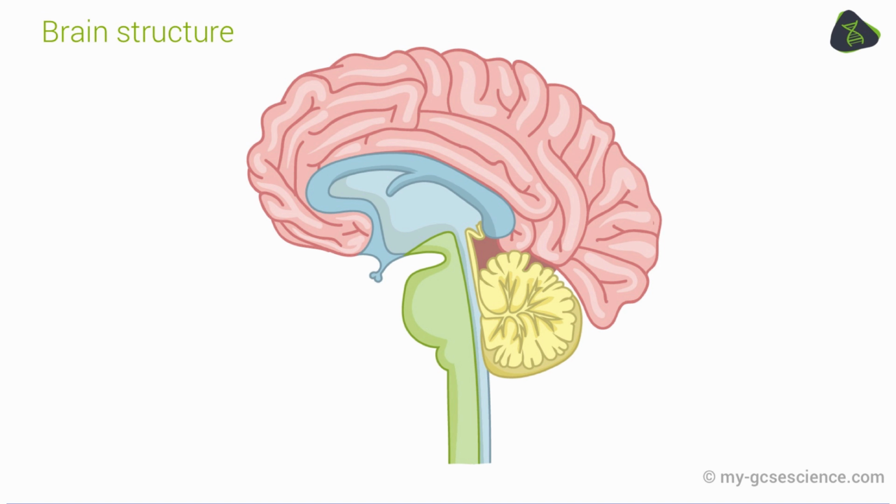Now, along with the spinal cord, the brain is part of the central nervous system and therefore is a coordination centre of the nervous control systems. The brain is encased by your skull. There is a cushioning or protective membrane between your skull and your brain called the meninges, and when there is